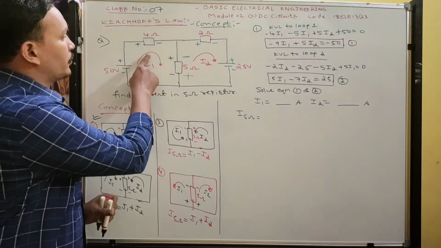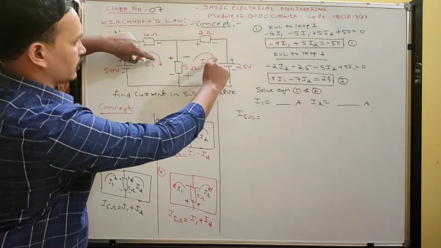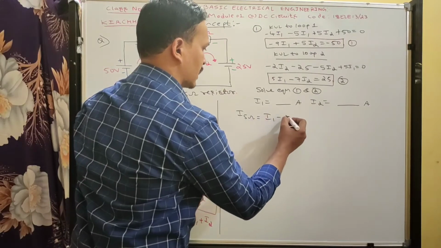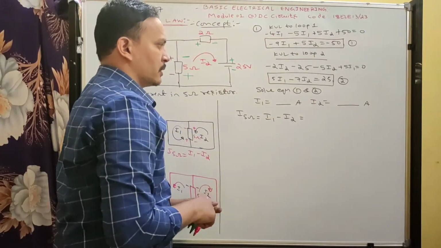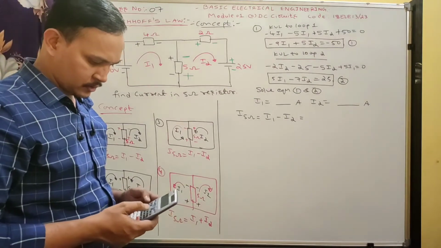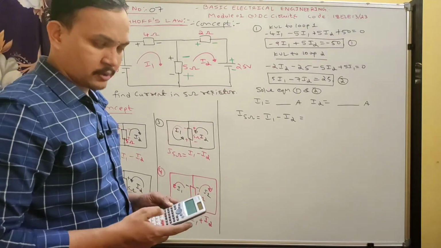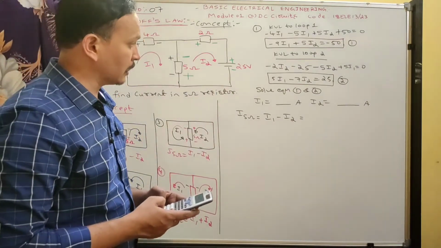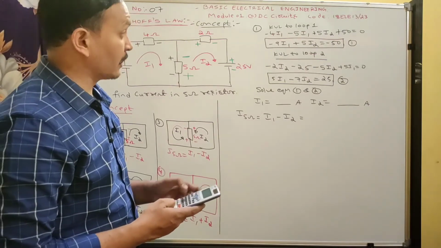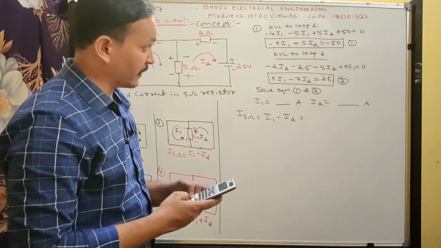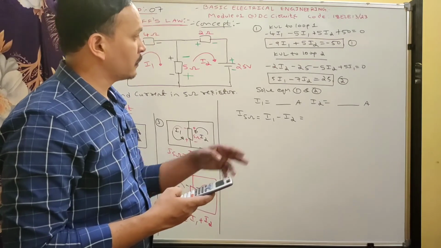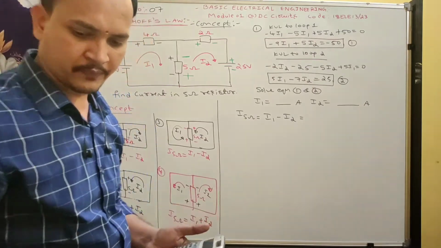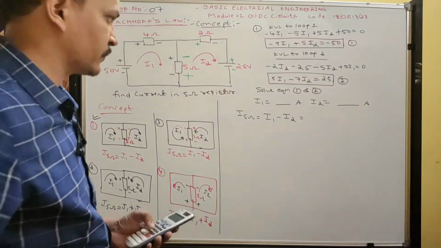Okay, now see, both the arrow marks are facing opposite to each other. Therefore, you should subtract those currents, I1 minus I2. Okay, we get. So by using this calculator, you can easily solve it. I am entering the coefficients: minus 9, plus 5, minus 50, then 5, minus 7, 25. By entering the coefficients, we got the answers.